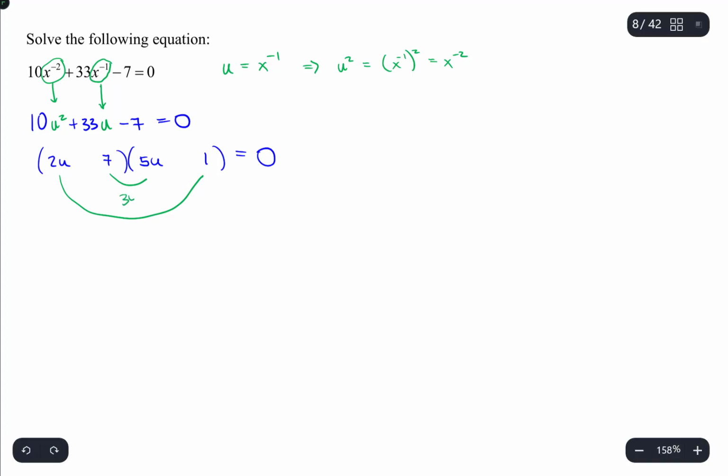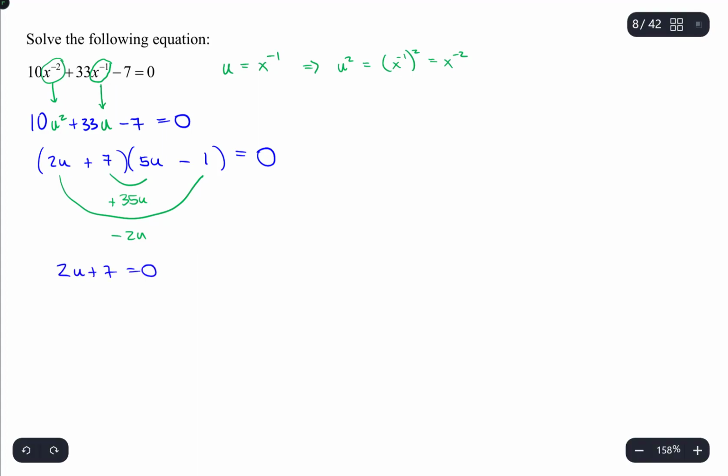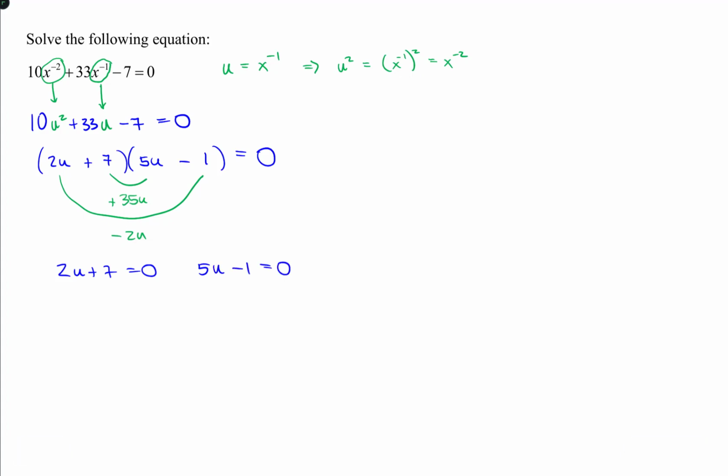7 times 5u would be 35u. 1 times 2u would be 2u. If the 35 is positive and the 2u is negative, they would add to positive 33u. So that means I need this to be a negative and this to be a positive, and it's factored. Okay, so that tells me that I have 2u plus 7 equals 0 and 5u minus 1 equals 0,